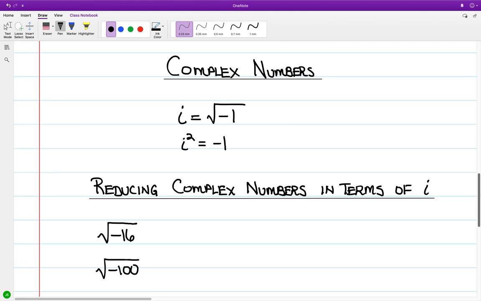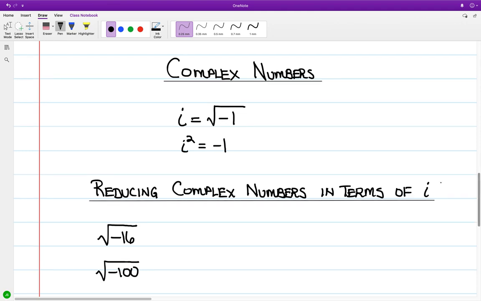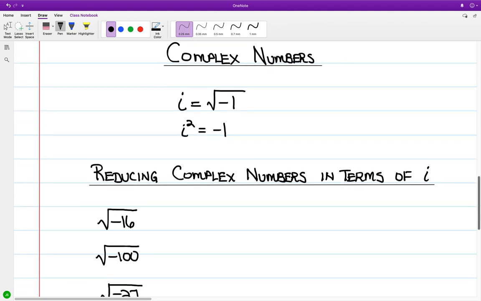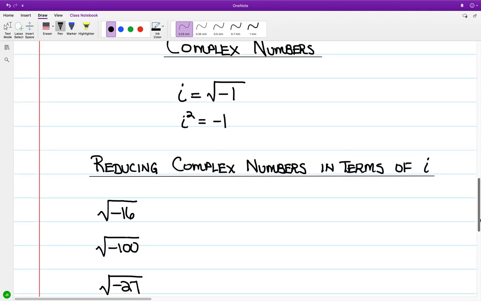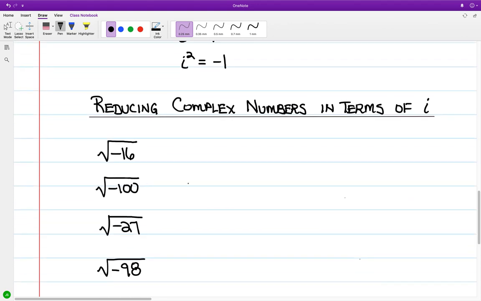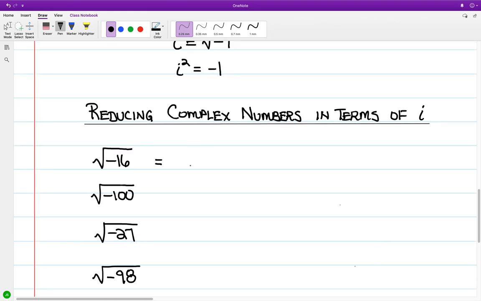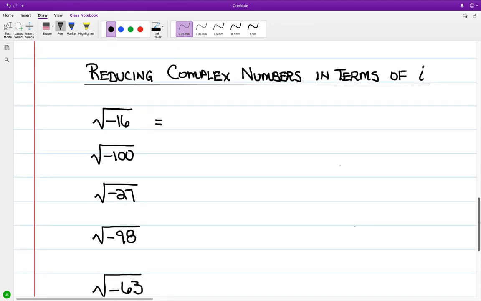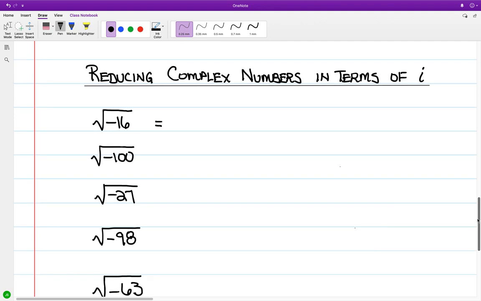For the letter i, this is in reference to the square root of -1. If I square i, I goes to i squared, and the square of the square root of -1 goes to -1. Just a bit of a sampling of reducing complex numbers in terms of the letter i. If you have the square root of the negative of a perfect square, like the square root of -16, and I look at taking what we have here,